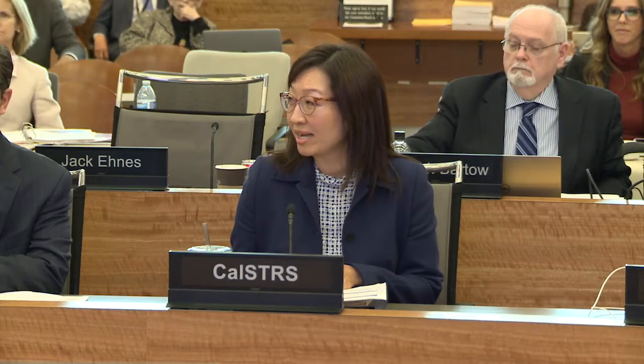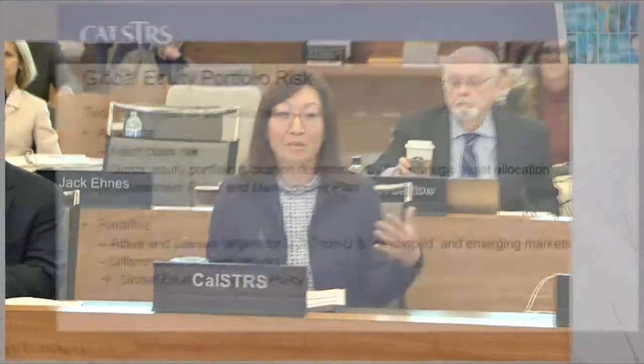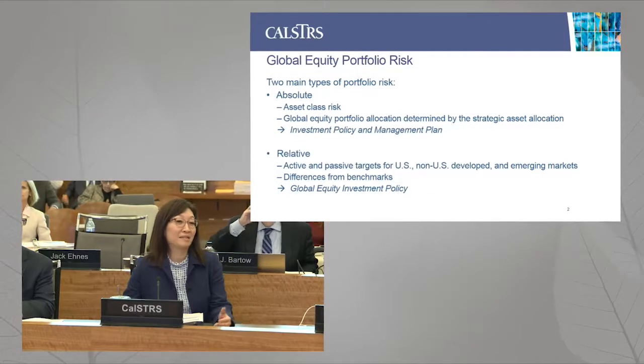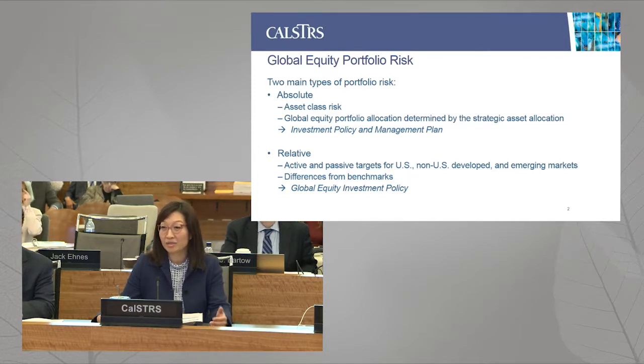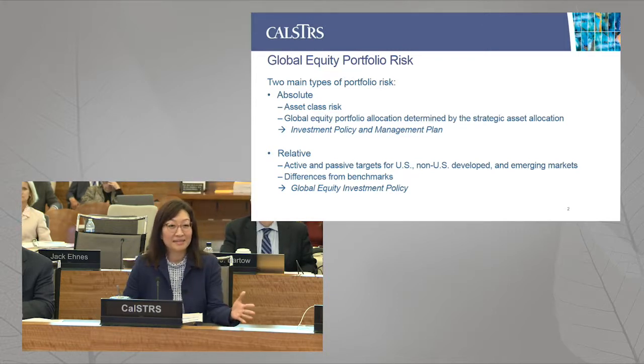Scott mentioned, I'll reiterate, there are two types of risk when we talk about risk. There's absolute risk. That's at the asset class level. It's incorporated in your asset allocation study. For example, global equity has risk in your last study of 19%. We're deemed riskier than real estate or fixed income. Private equity has higher risk than global equity. This is set in the investment policy and management plan. It's actually published in there what the absolute risk for every asset class is. There's also the concept of relative risk, or what we'll call active risk. And this is risk that arises when you differ from a benchmark.